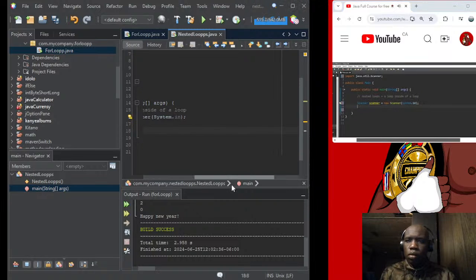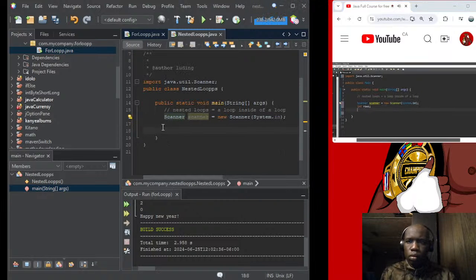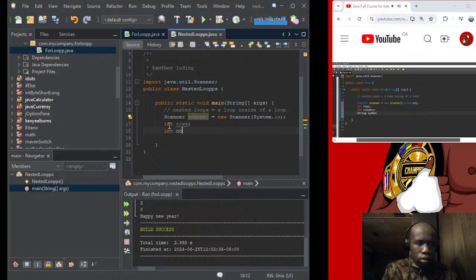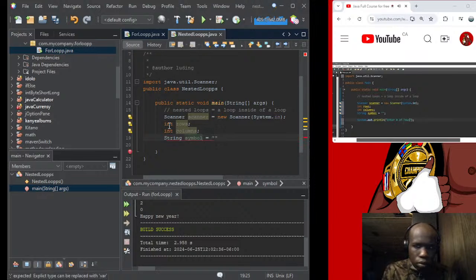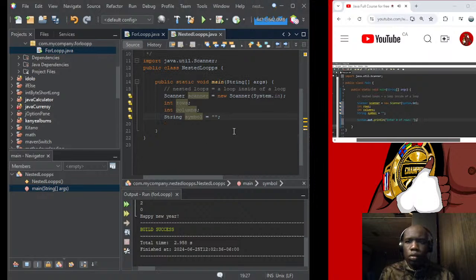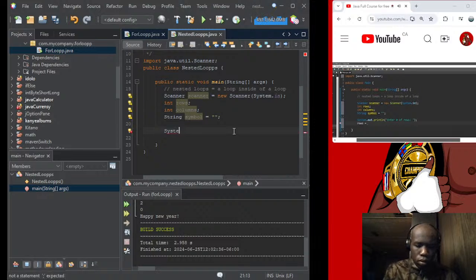Let's declare a few variables. Int rows, int columns, and a string called symbol, depending on the symbol we want to use. And for now, we'll just set this to a blank set of quotes. Next, let's create a few prompts. Enter number of rows, so we will let the user control the amount of rows that will be displayed, and we will store the result within our variable rows. Rows equals, and we need to use our scanner, scanner dot